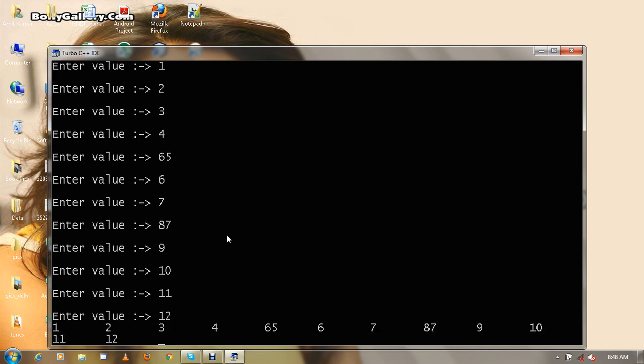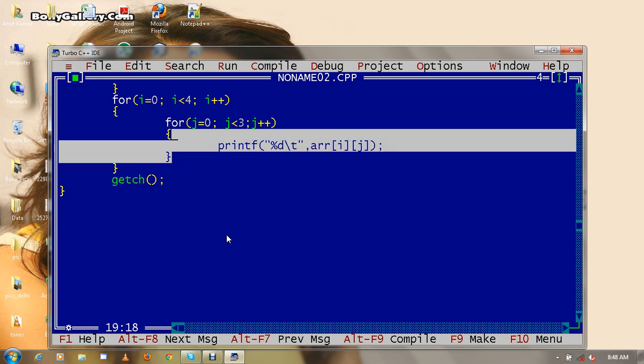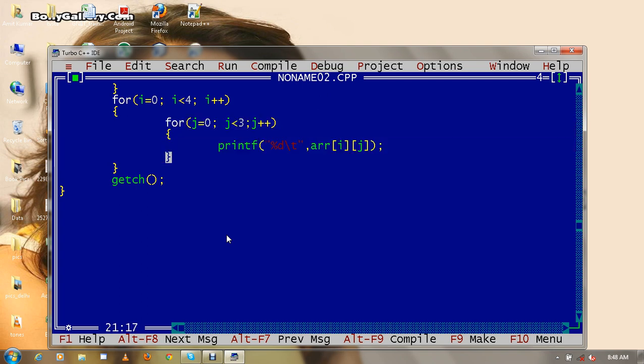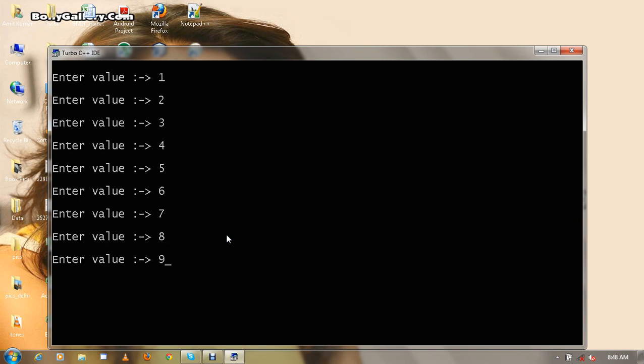And you can see it is not printing like a table. After the \t, though it is giving some tab space with the help of \t, after we have printed for a particular row, for all the columns of that particular row, I have to change the line. I have told you with nested loops before also. So it's printing like a table.